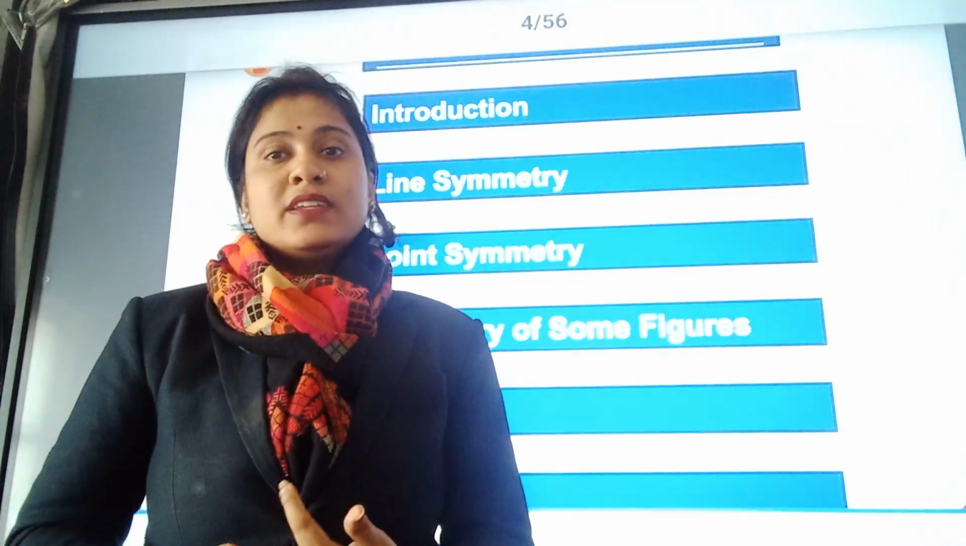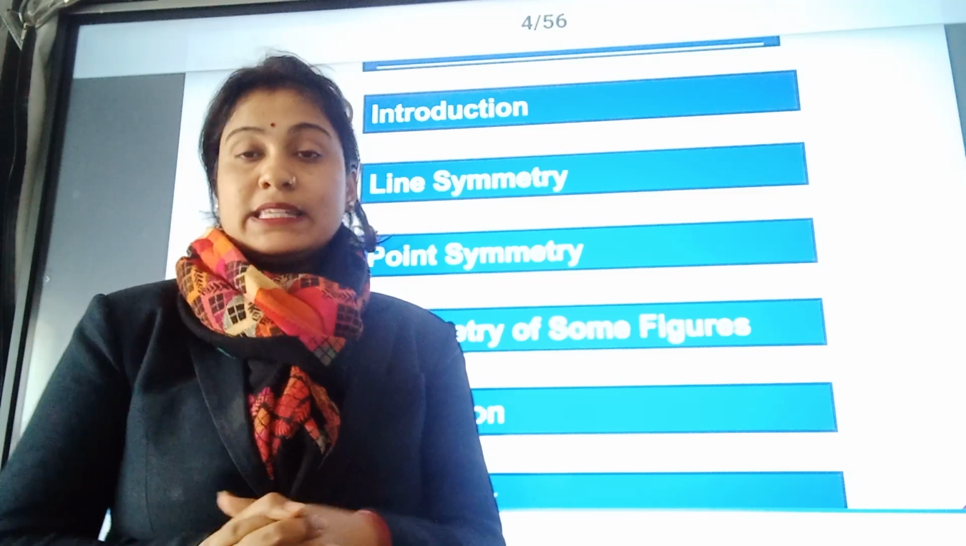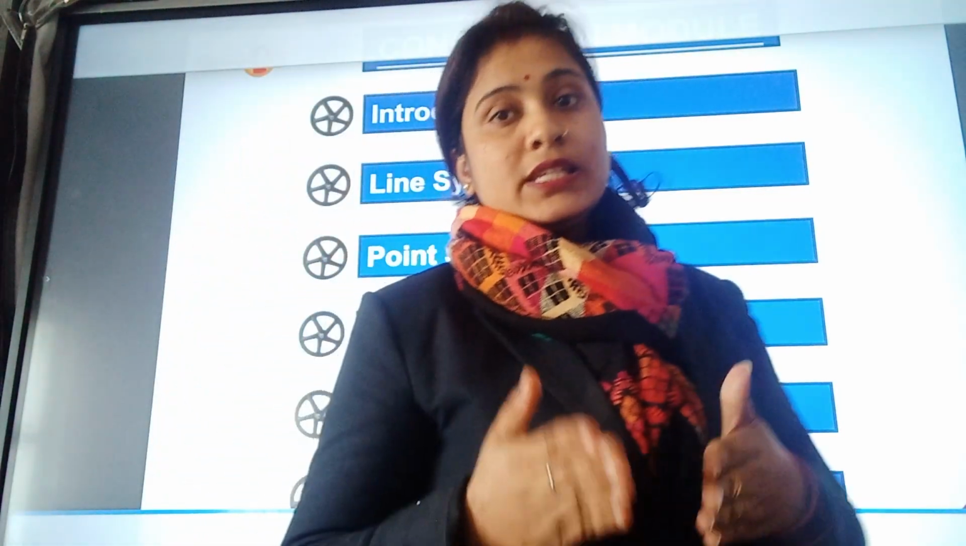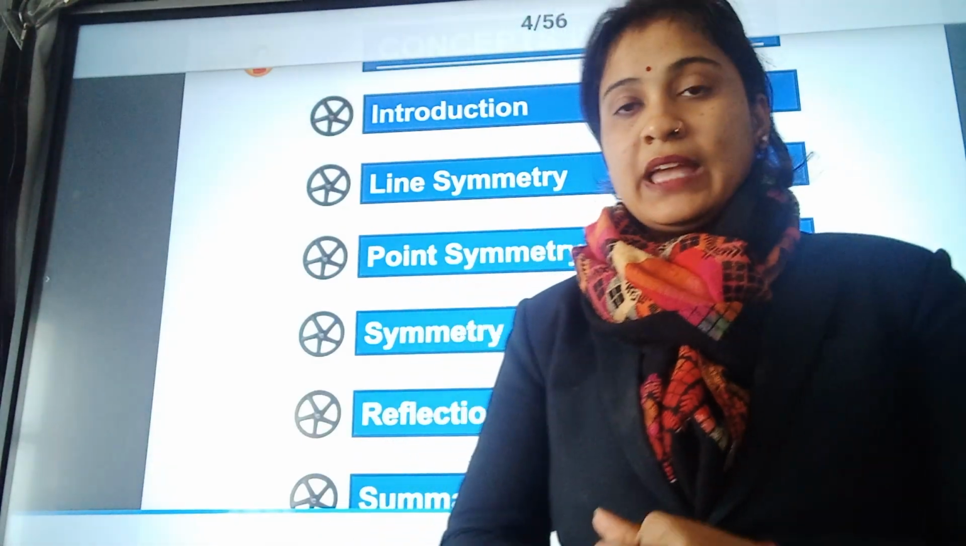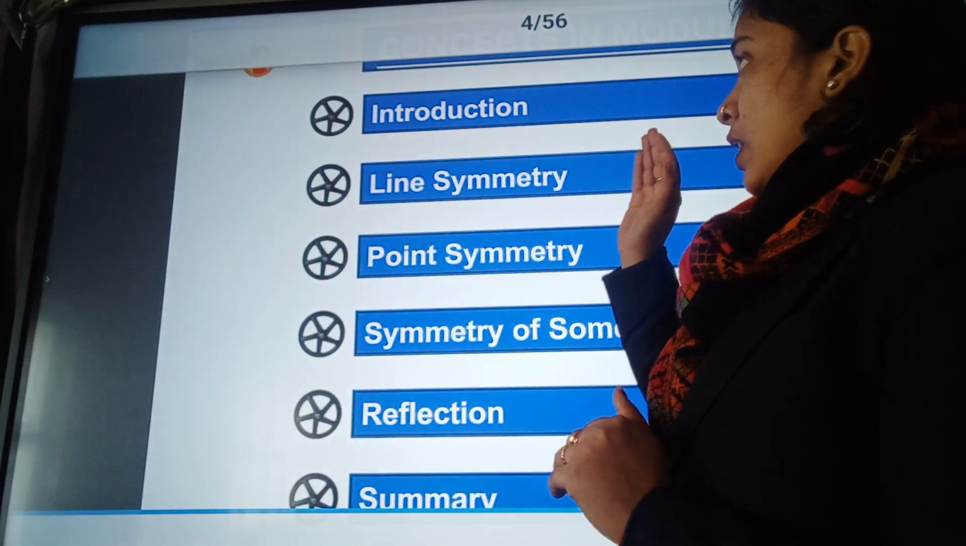Good morning, everyone. Today we'll be starting with our new chapter, that is symmetry, reflection, and rotation. So, this is chapter 16 from your book, and in this chapter, what we will be discussing is all about